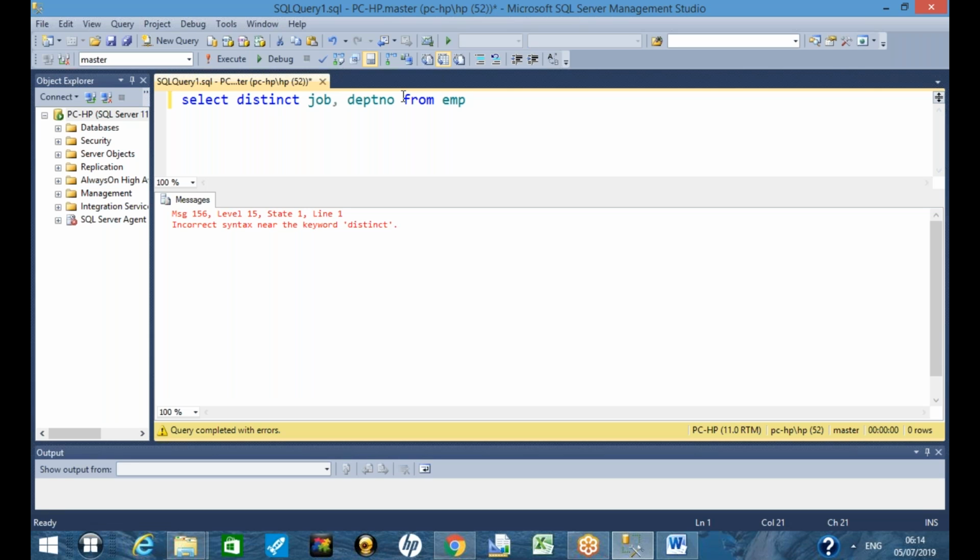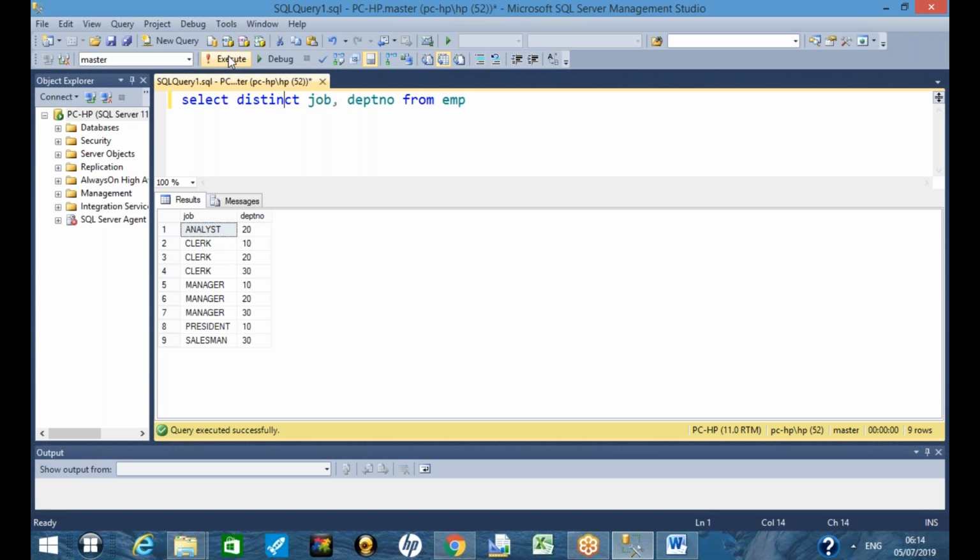Sorry, just a minute. No problems. So unique occurrence, you said. Right. So distinct unique occurrence of job, comma, department. Now if I execute this,